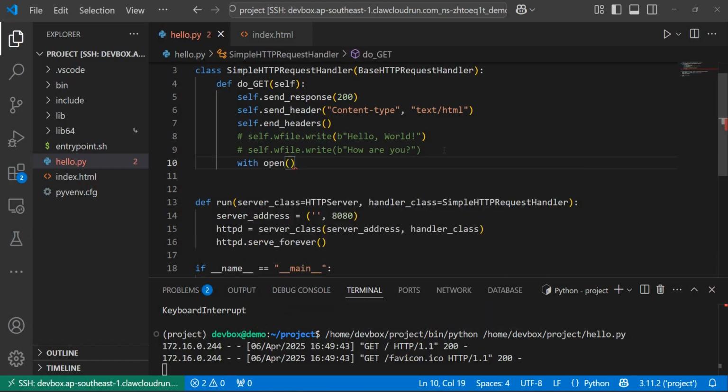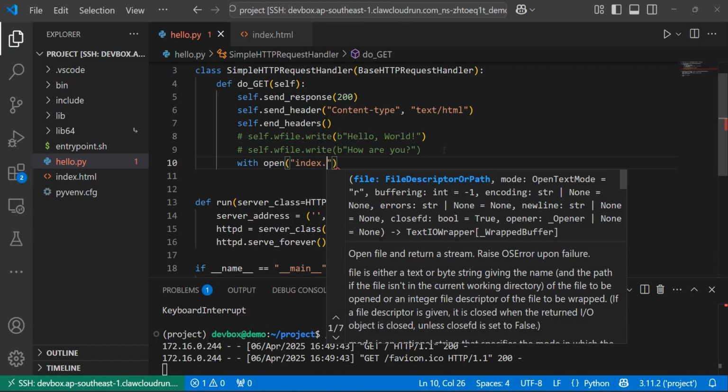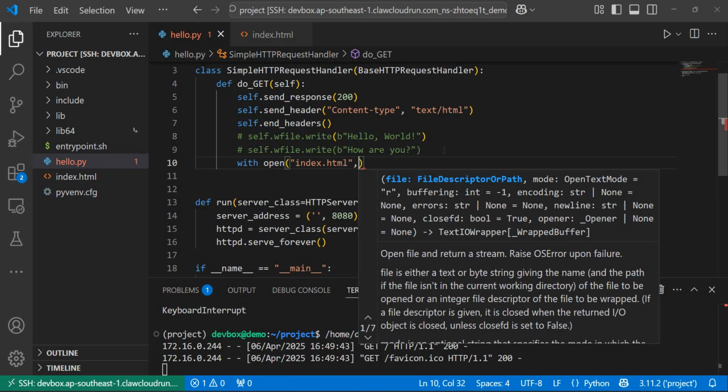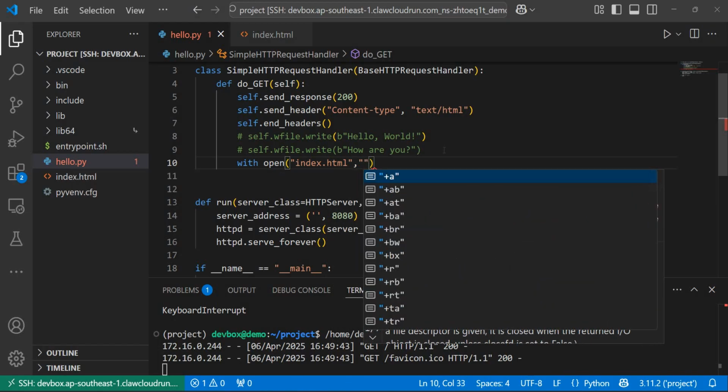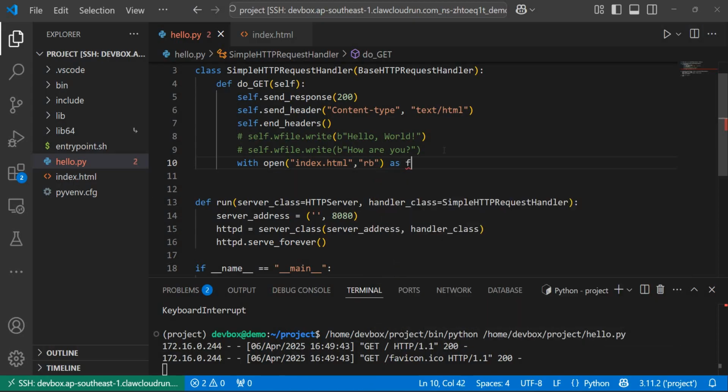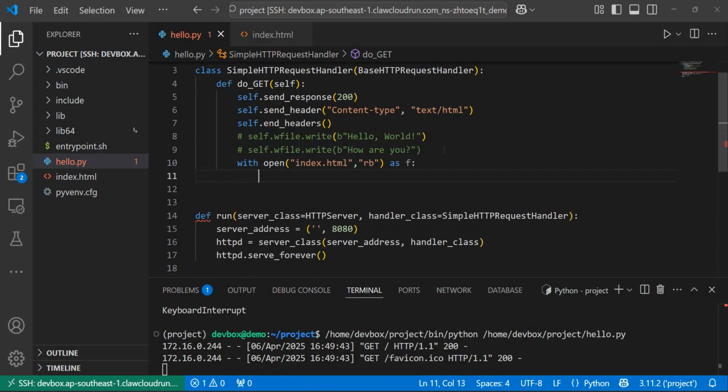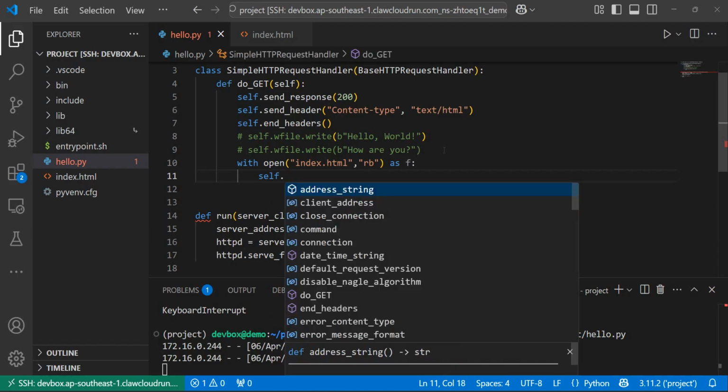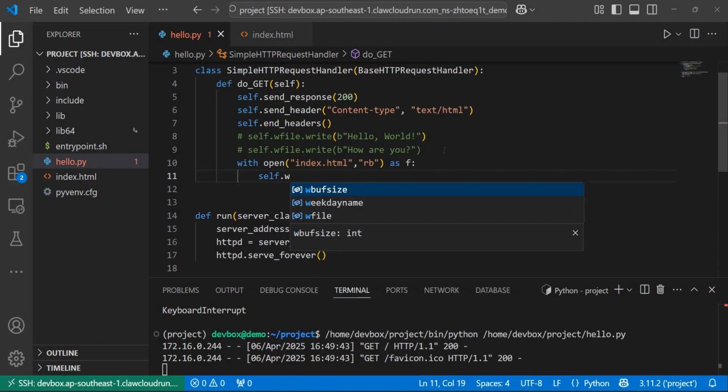So with open index.html, and the mode which I'll choose, I'll not choose the simple read mode, I'll choose the read binary mode. So yeah, read binary mode is important. So with open index.html in read binary mode as f, and then self dot f,